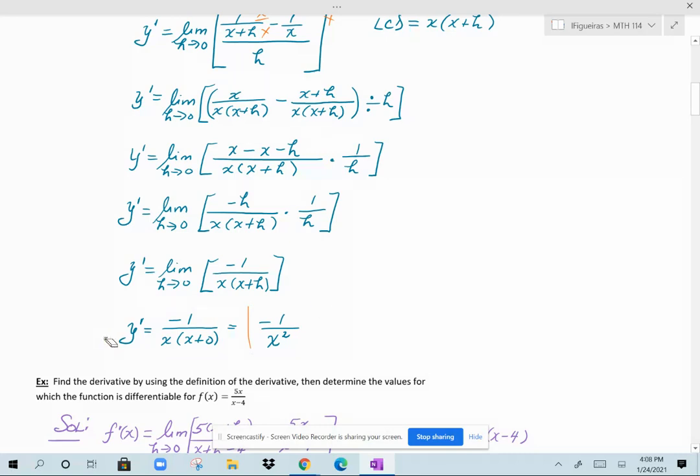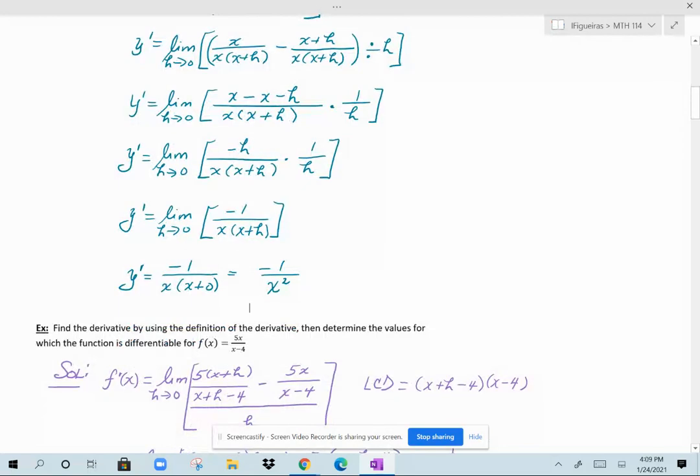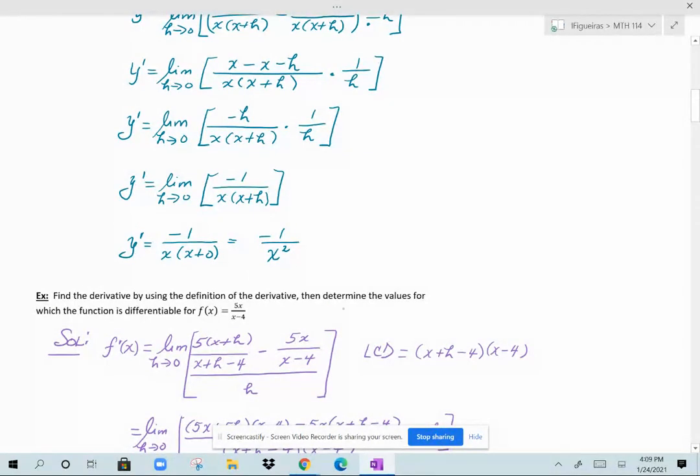All right, so let's do another rational function. This one's a little bit busier because I have x's in two places. I have f of x equal to 5x over x minus 4. So in addition to finding the derivative, we're then going to find the values where the function is differentiable. There is going to be some restrictions because this is not defined for all real numbers, and my derivative will also have some places where it doesn't